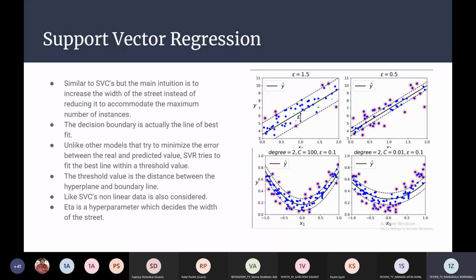So you also need to make sure that this street is not too wide, because if it's too wide, then all your predictions will go haywire, because this decision boundary basically acts as a line of best fit, as was also explained in the linear regression section. And that's how it works. Similarly, even if the data is, let's say, skewed or polynomial, we can just use kernels, as I explained earlier, to bend this street in a way that would include the maximum number of instances over here.